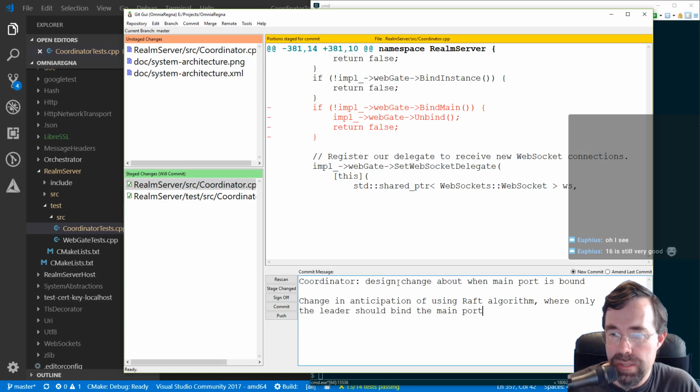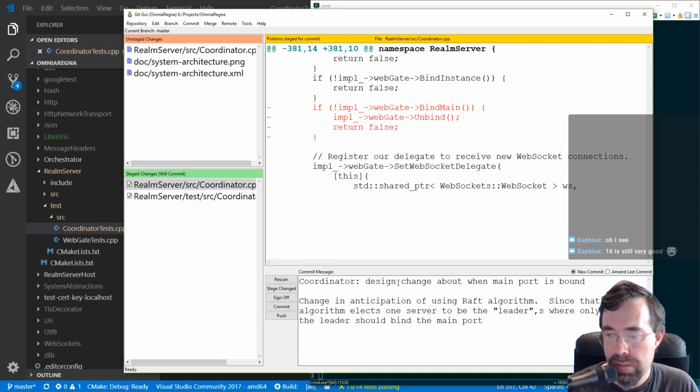Well, really, Raft doesn't say that. Well, okay, let's just say this. Since that algorithm elects one server to be the leader, it's convenient to assign the binding of the main